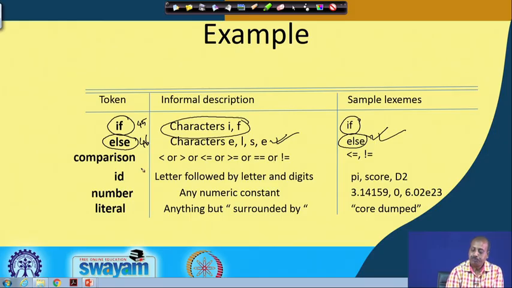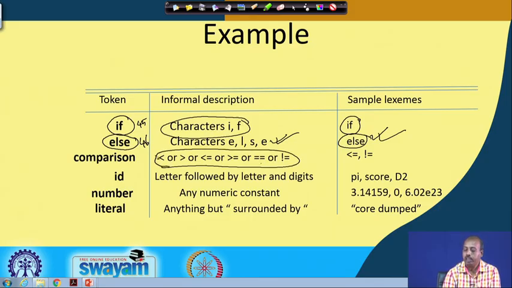Similarly, say all these symbols: less than, greater than, less or equal, greater or equal, equality and not equality. This defines another rule, or another pattern, and some sample lexemes that appear in the input program may be less or equal or not equal to. These appear in the input file as sample lexemes, and the token that is returned is comparison.